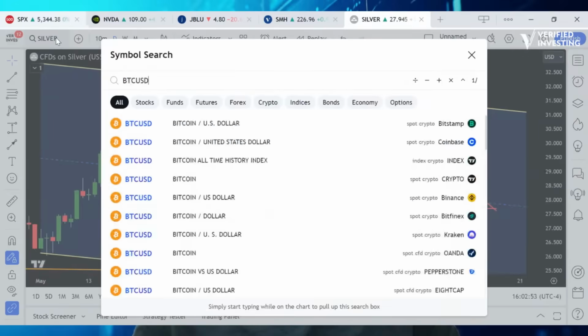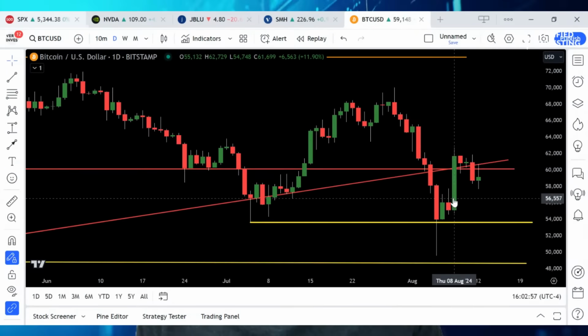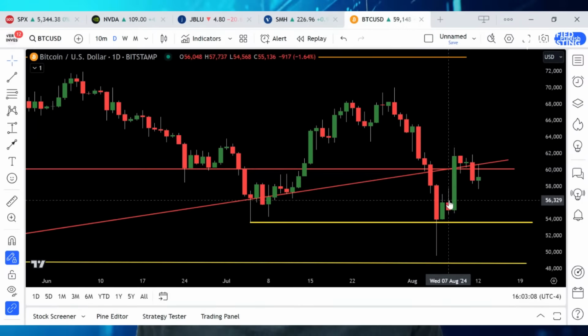All right, Bitcoin, let's take a look. Today, Bitcoin eking out a small gain. Notice again, it closed above the 60,000 level on, I think this was last Thursday. But the key was that it didn't confirm, right? Didn't confirm back below. And so I was just going over this with members actually in the member video of